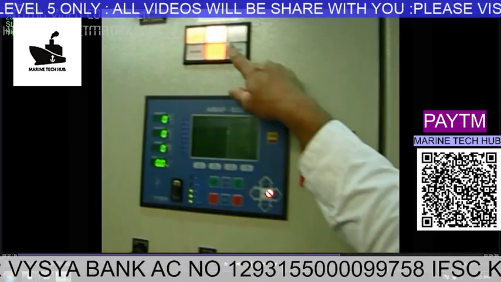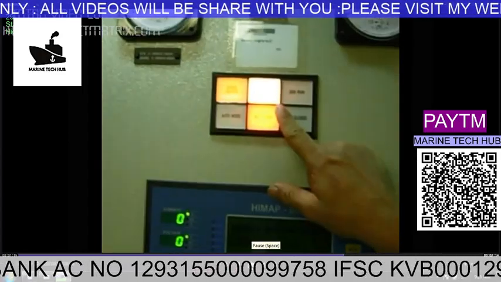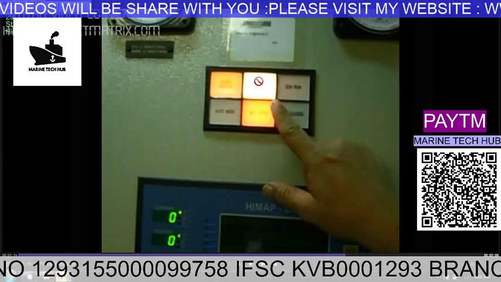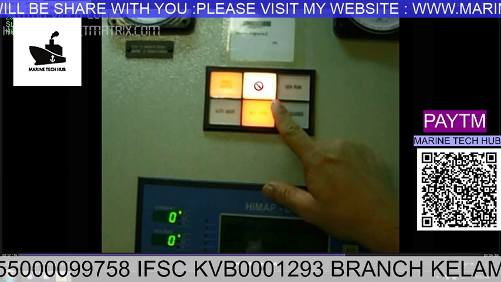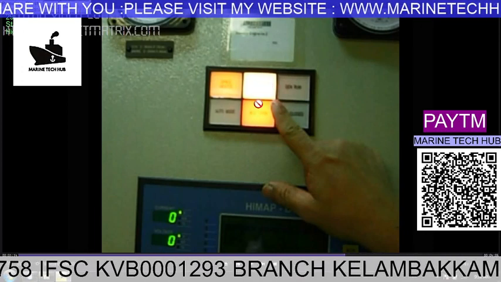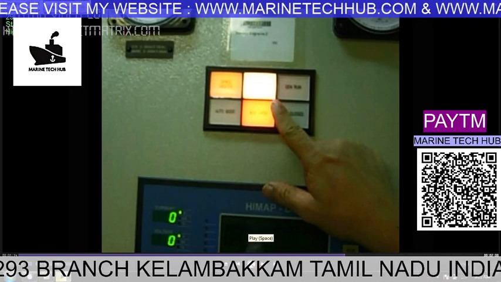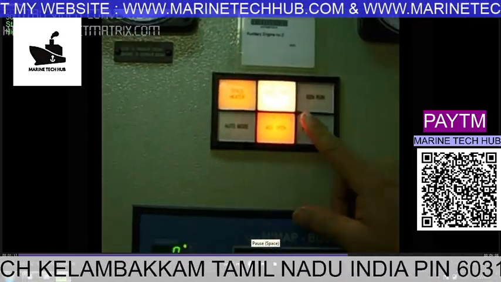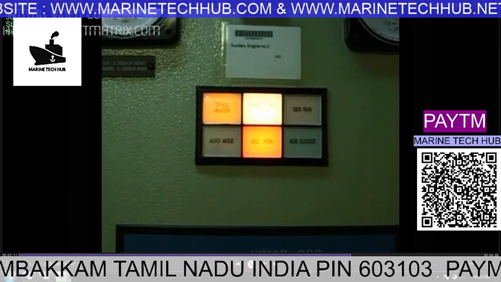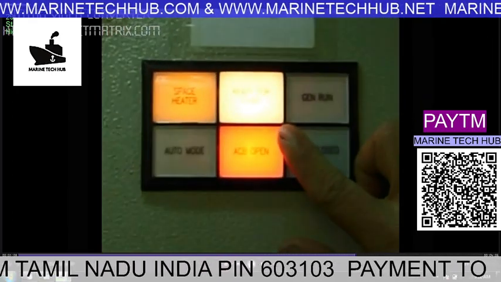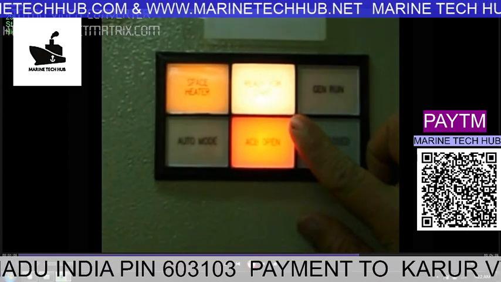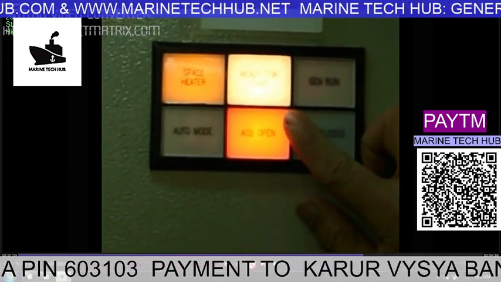You can see here, you should always make sure that the standby light comes up for the standby generator. Otherwise, if the standby light is not there, the generator is not going to start. This is a very important point. The standby generator light should come and you should be able to monitor that on the screen. So this is very important.